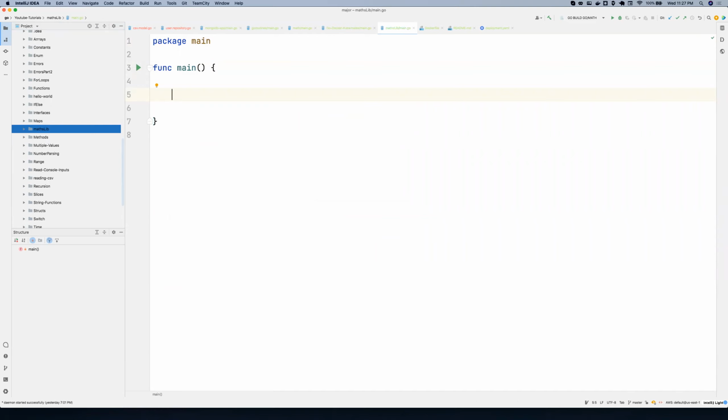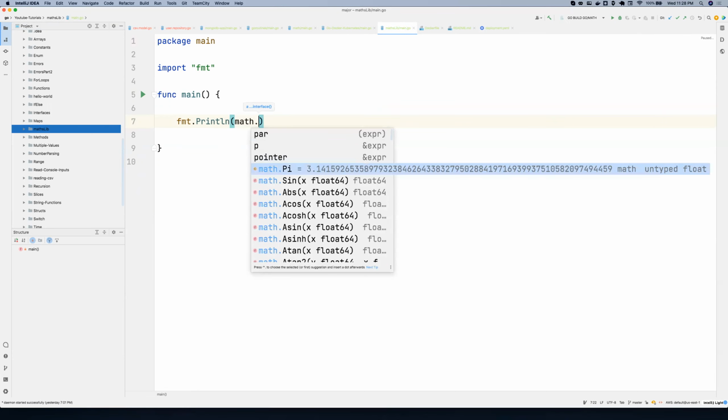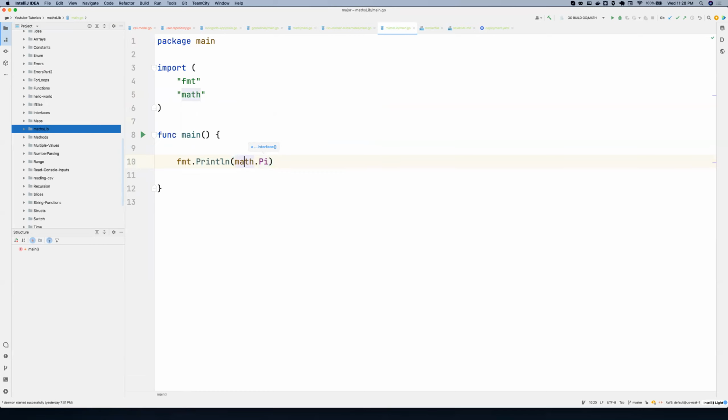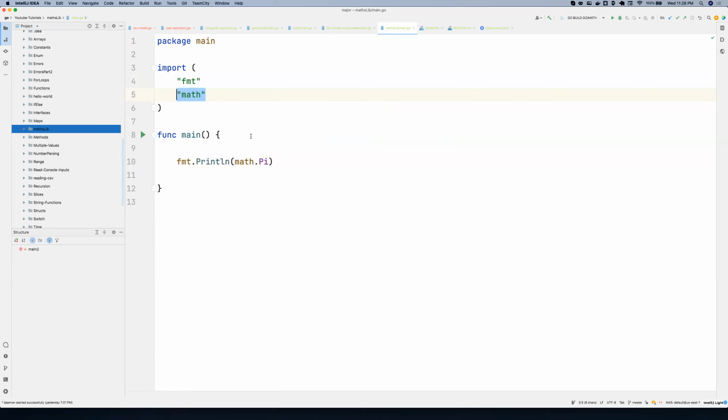So I'm going to start with fmt.Println, and then I'm going to call math.Pi. Okay. And once I do that, it's going to import all these packages for me, fmt and then math. Okay. So I'm going to write this: value of pi is,